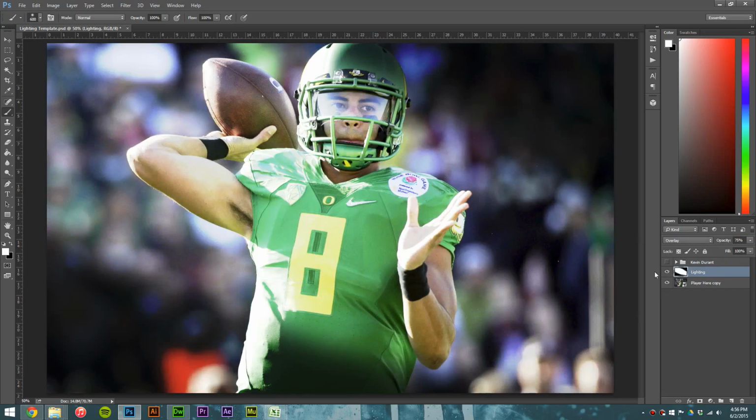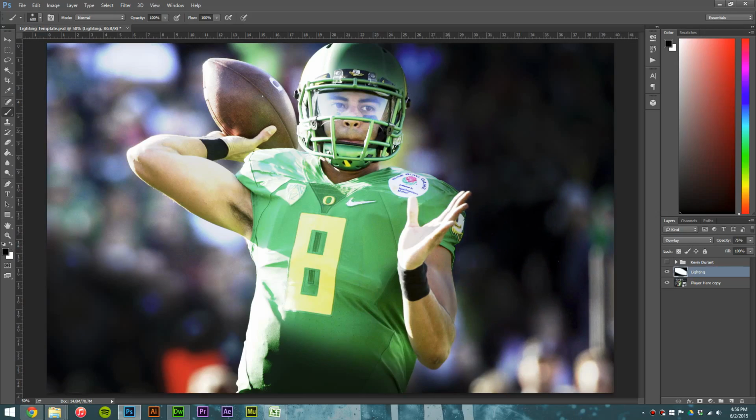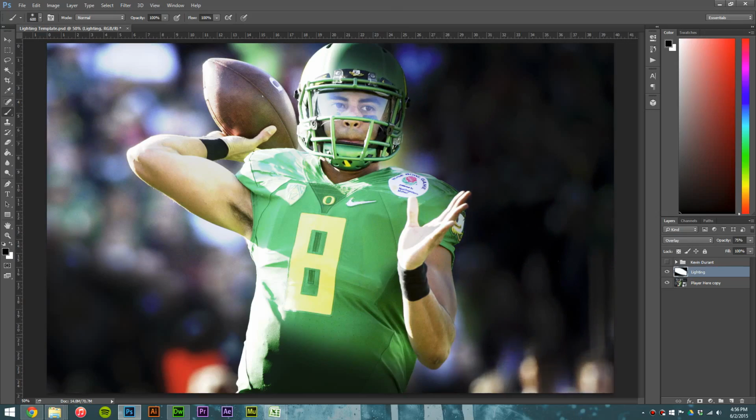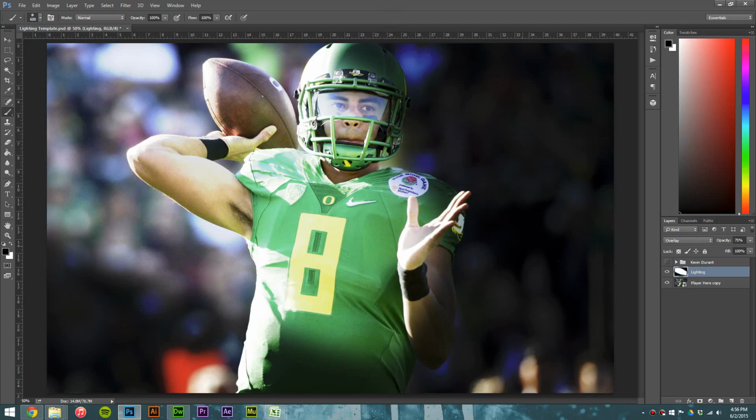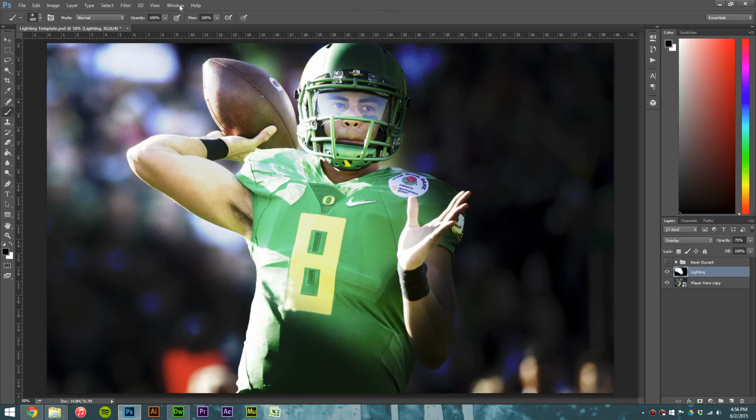And so what we can actually do is make it so that once it hits the player, it actually doesn't go behind him, so it's more realistic. There you go. Something like that. I think that looks pretty good. Alright, so now what we can do